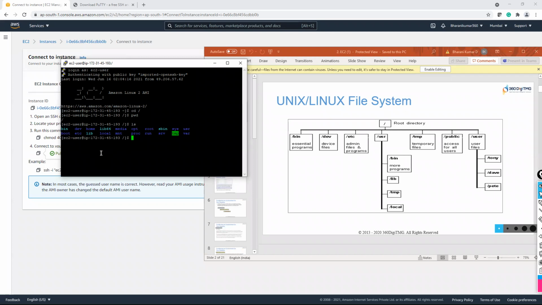When you log into your terminal or command line interface, you will be logged in as a regular user, and that regular user name is ec2-user. This is your regular username, and files and documents related to this username are kept under home. So let us go to the home directory, ls. See, ec2-user, which is your username. You are a regular user.